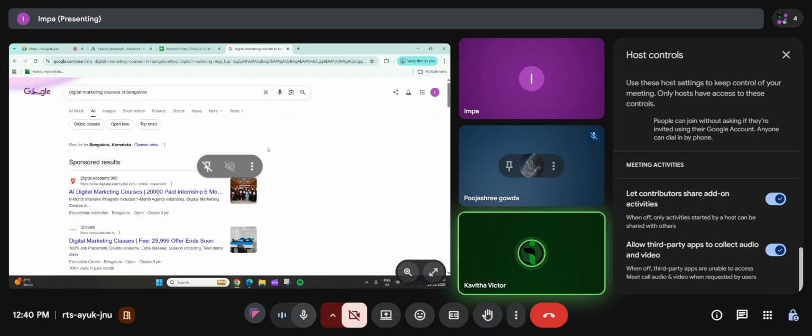Okay, so next to that link, https www.digitalacademy360.com, can you find online classroom there? So that is the display path. Now decide what you have to type there.